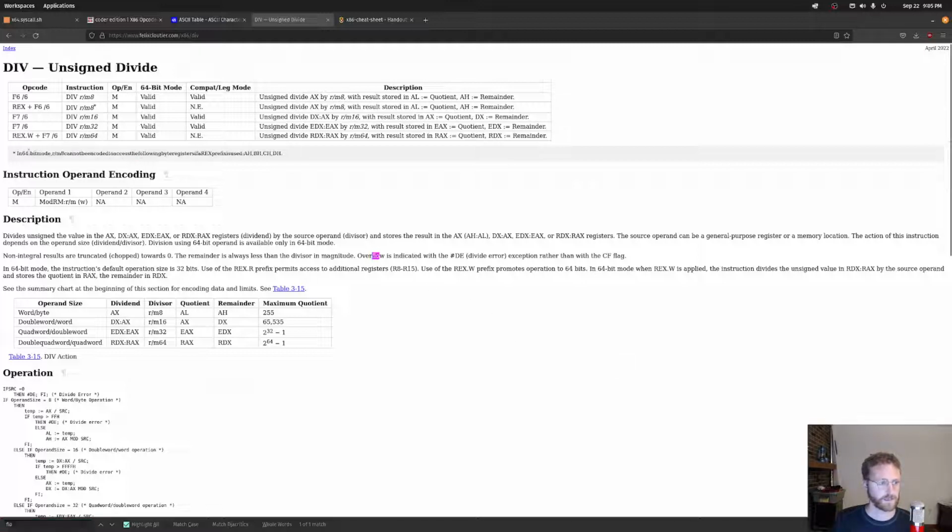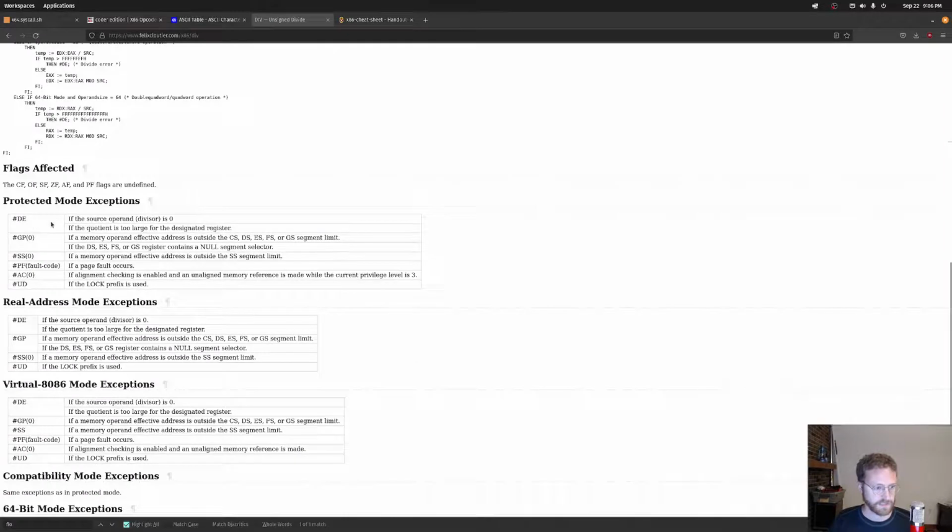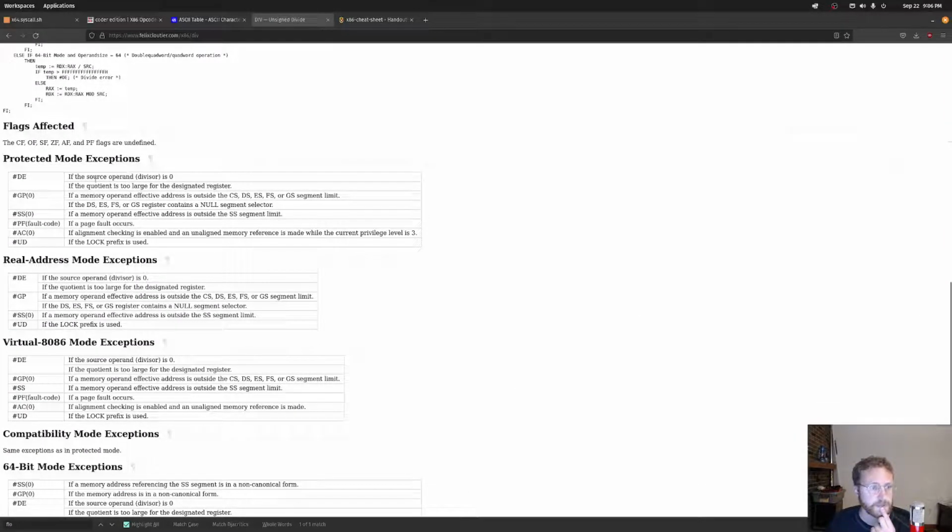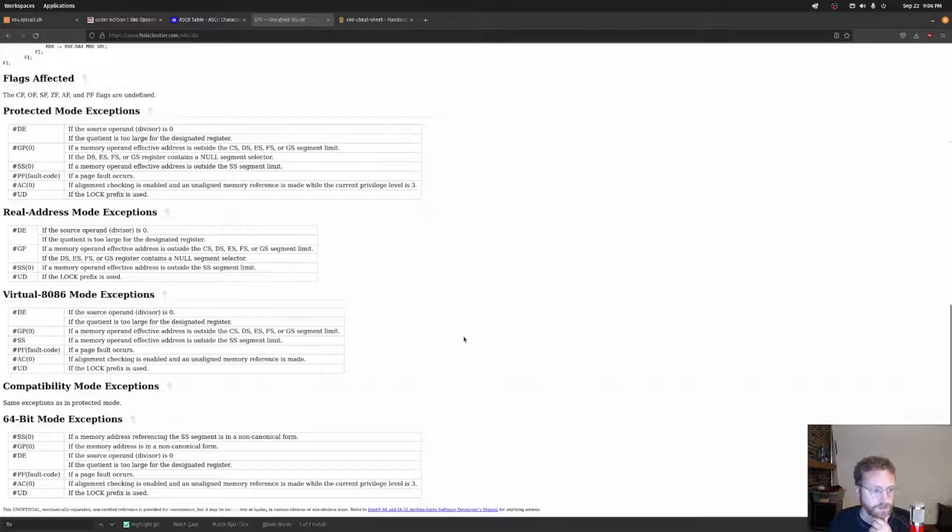In 64-bit mode, exceptions: memory address in non-canonical form, the source operand, the divisor, is 0, the quotient is too large, page fault. I think we have to clear